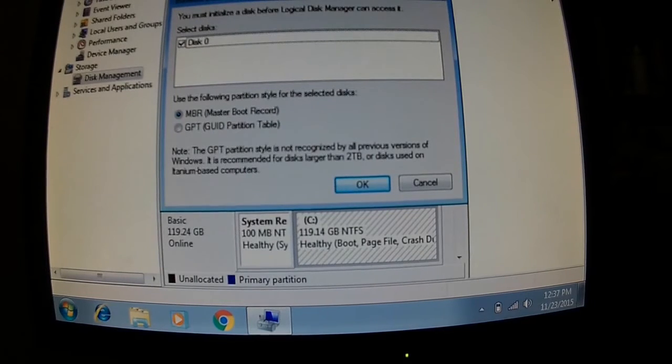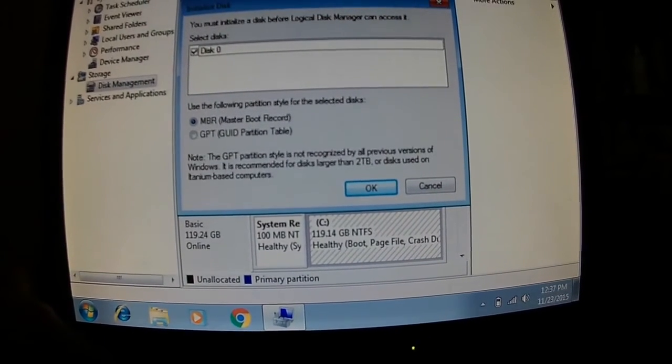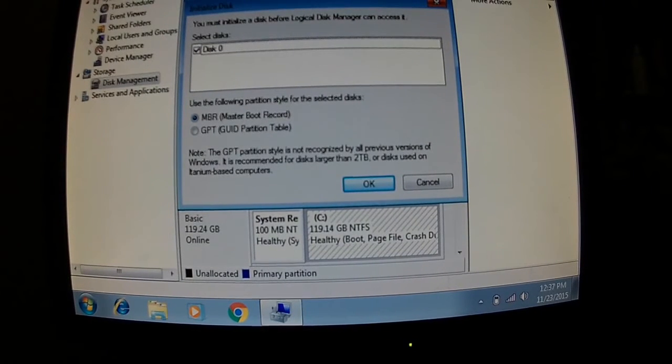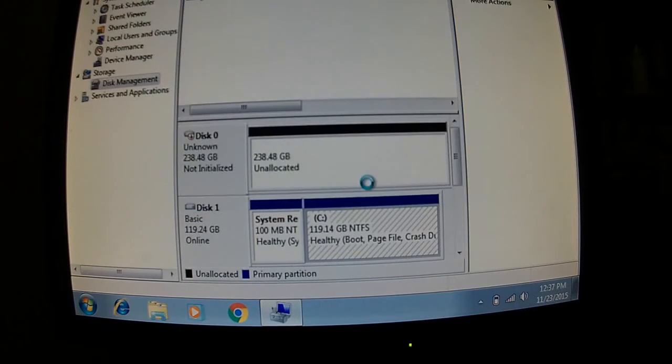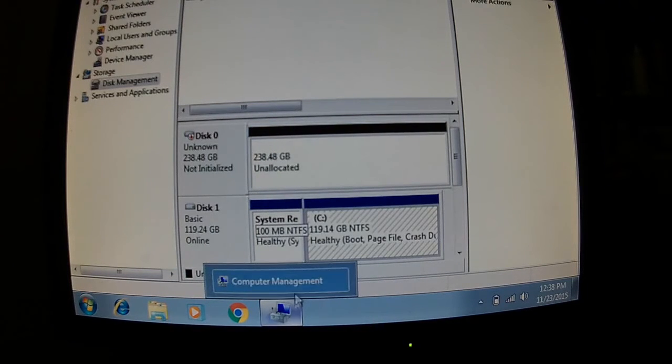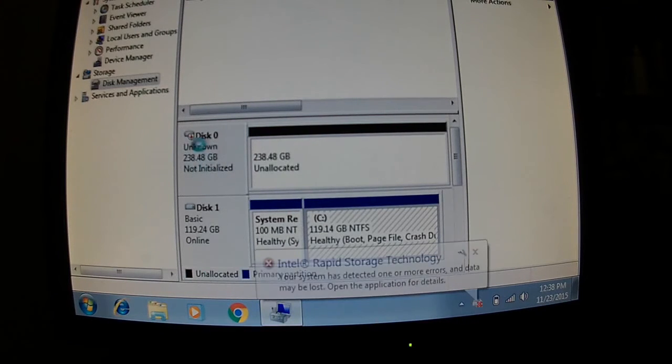Now this is the option that comes up here, and what it says is you must initialize the disk before you can access it. And typically you would just hit OK with the master boot record. In this case, that one hard drive, since it is partitioned, will not work, because